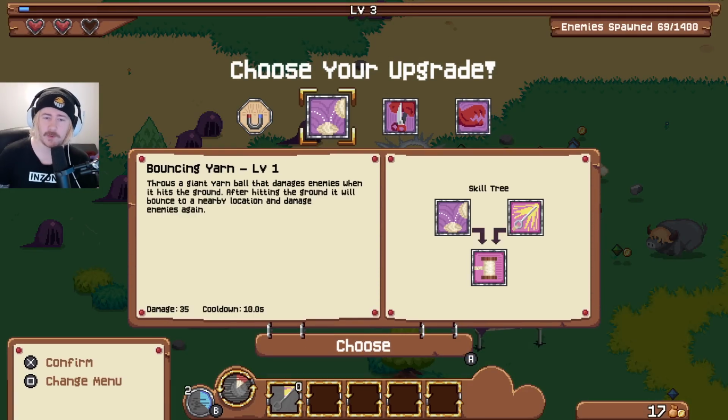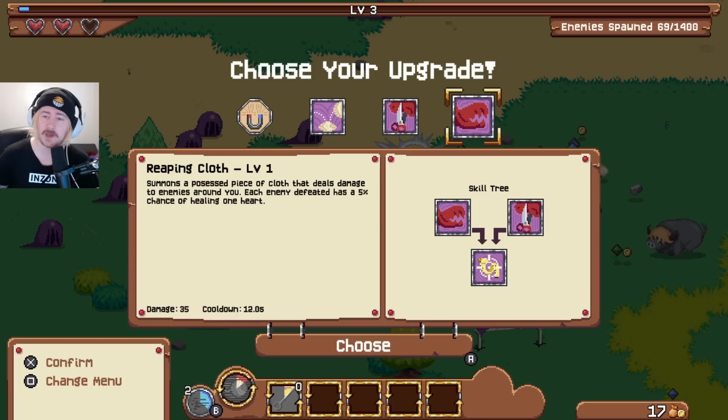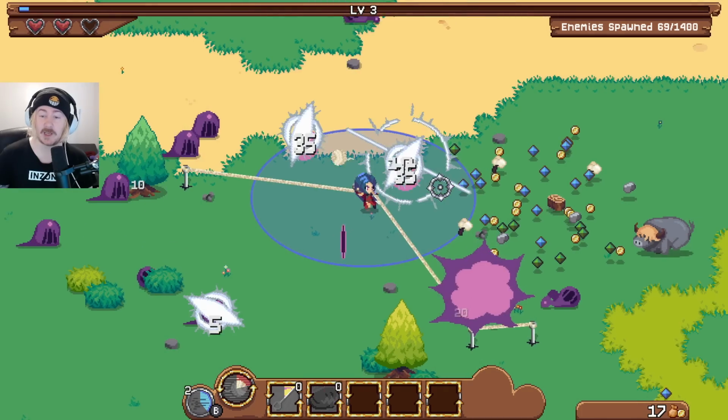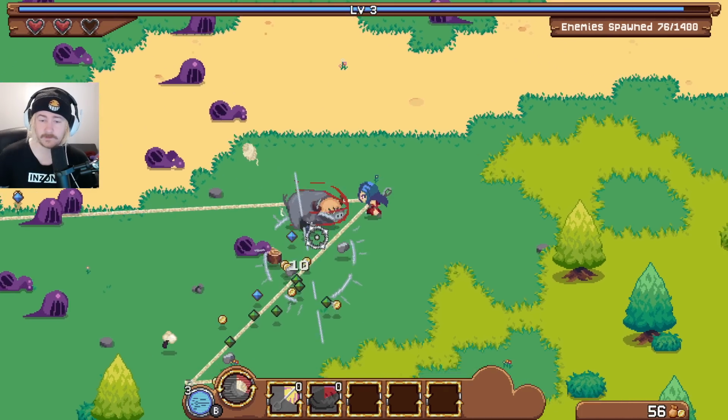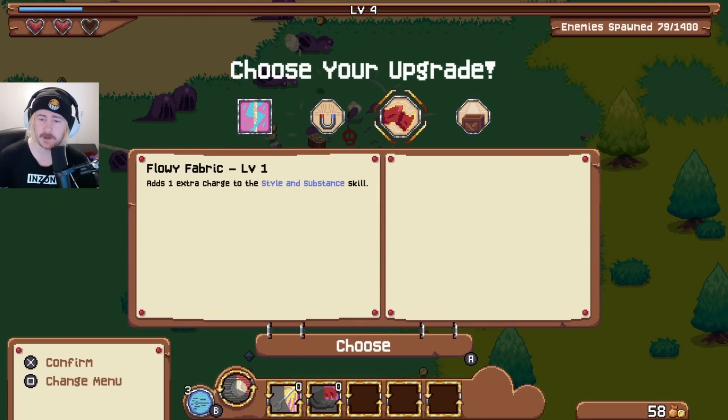Bouncing yarn throws a giant yarn ball that damages enemies when it hits the floor. It will bounce to a nearby location, damage enemies again. Cutting excellence. Summon giant scissors to damage enemies. The scissors follow you and attack when the skill is activated for a second time. It can attack 2 times before vanishing. And then reaping cloth. A possessed piece of cloth that deals damage to enemies around you. Each enemy defeated has a chance of healing 1 heart. Well, it's a 5% chance, but there's a lot of enemies. We got 1,400 enemies to deal with here, so...